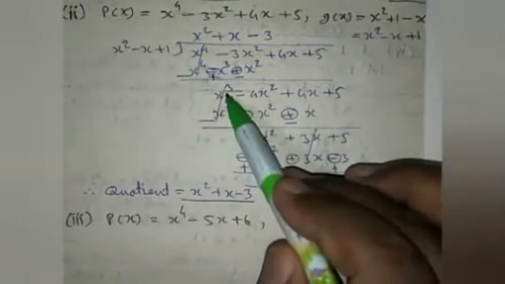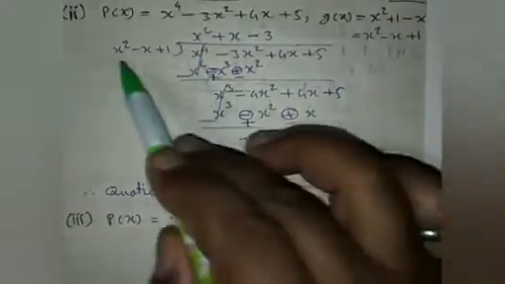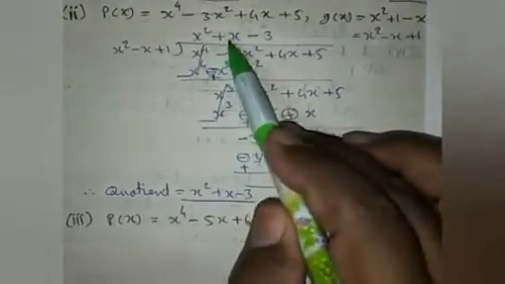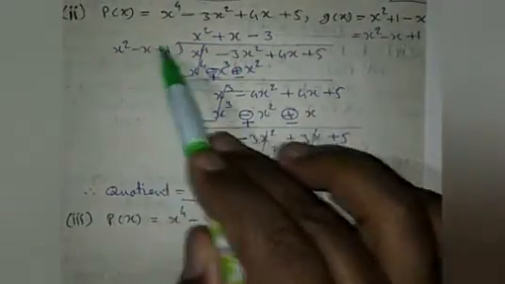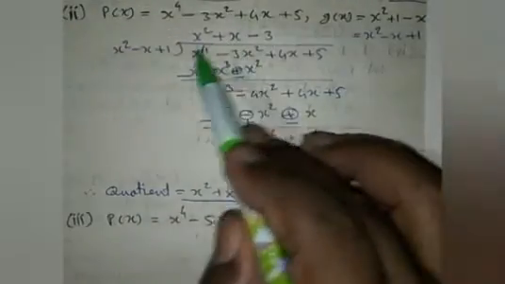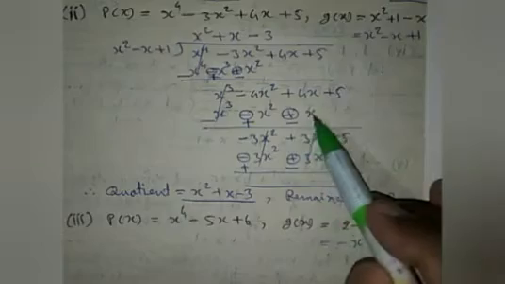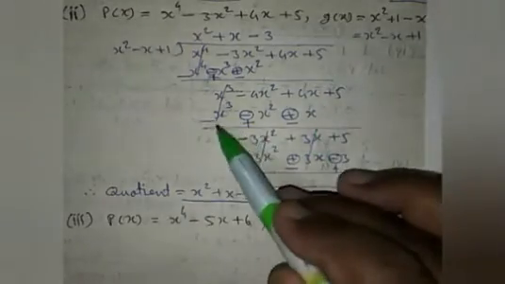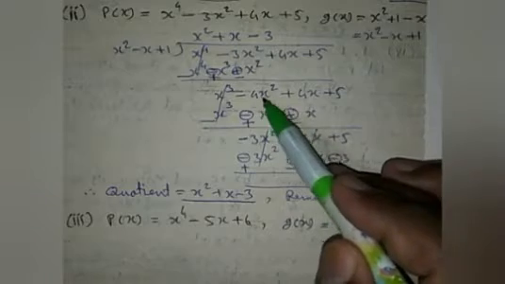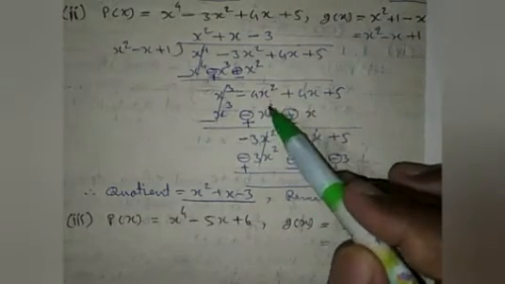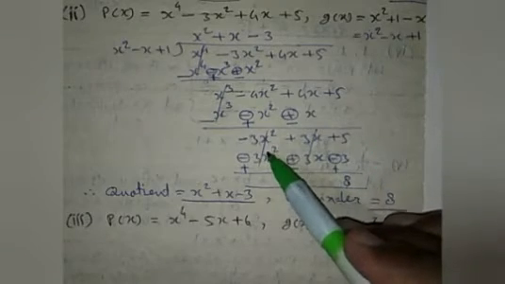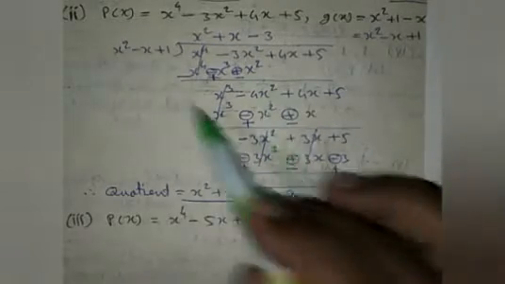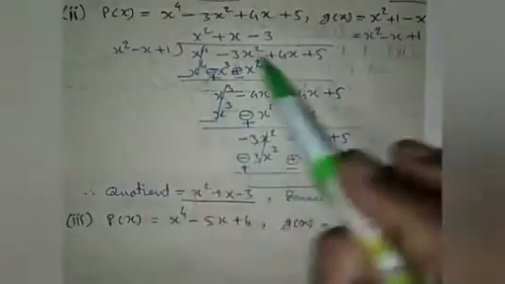Now the first term is x cube, so you have to make the power equal. So the quotient will be plus x. Then x into x square will give x cube. Then minus x into x will give minus x square. And then plus 1 into plus x will be plus x. After subtraction, the sign is changed. So the first term is cancelled out, and here minus 4x square plus x square will give minus 3x square, and 4x minus x is equal to plus 3x, and plus 5 is as it is. Then the first term has the same power, so you only have to make the coefficient equal.